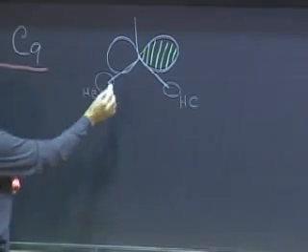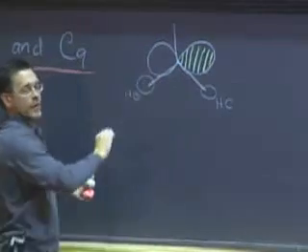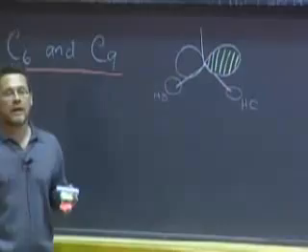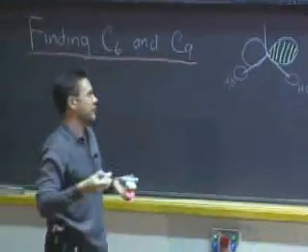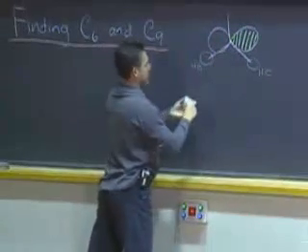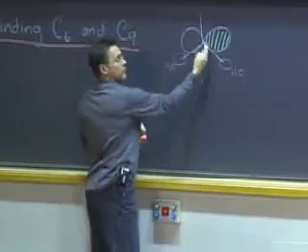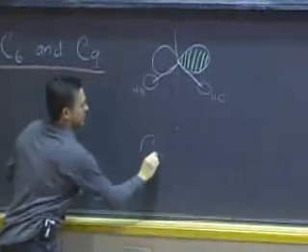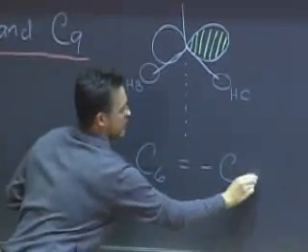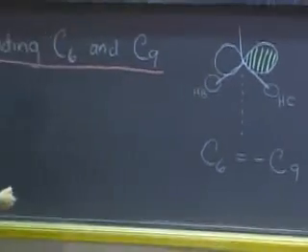And because this py orbital changes phase as we pass through the origin, and we want the positive phase to match up both with HB and with HC in the contributions to the hybrid wave functions, we're going to know that, by the symmetry of this problem, these are negative mirror images of each other. So we know that C6 is equal to negative C9. And if we put that together with unit orbital contribution,